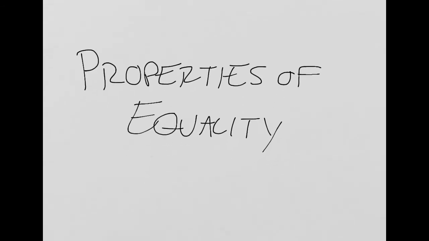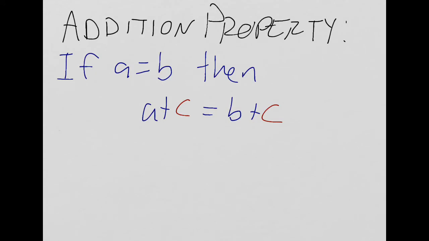So first, let's go ahead and take a look at properties of equality. Our first one is the addition property, and what that says is if A equals B, then A plus C equals B plus C. So really all this says is that if I have, let's say, A equals 2 and